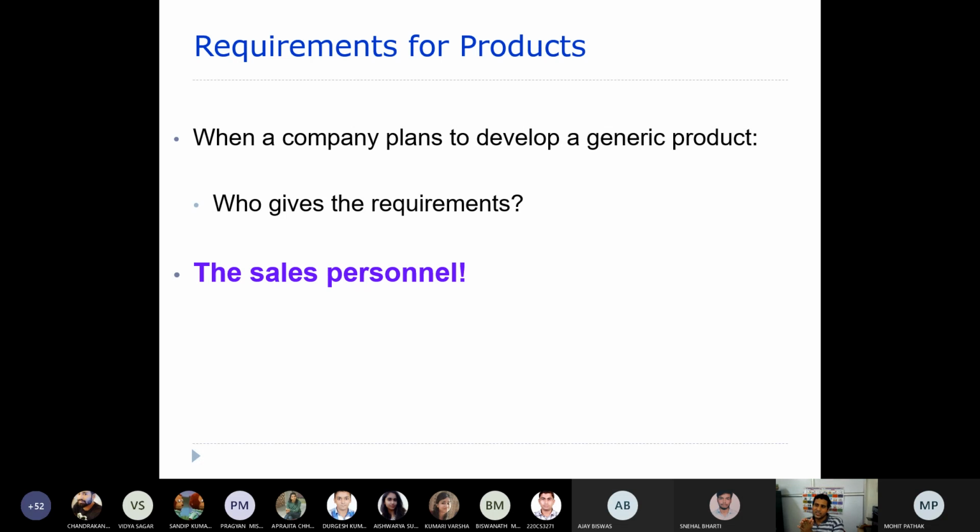Okay. So let's say you are going to develop an actress. Marketing person, sir. Yes, marketing person. So sometimes you can take the salespersons or the marketing people who are going to market that, because they can also specify. So in case of general products, that is the approach, but if it is a product for one or two customers, then we will be going and asking the end users.